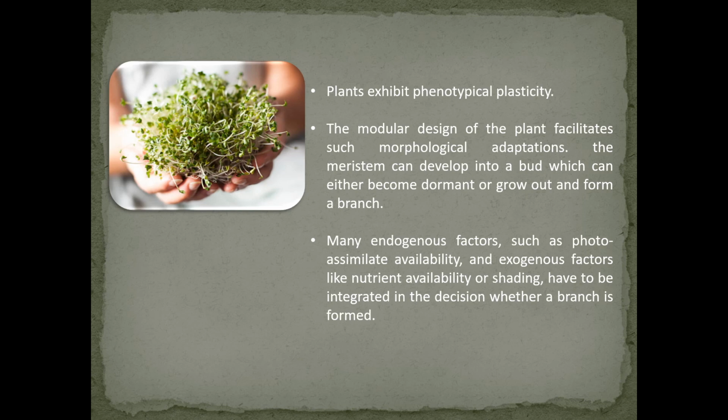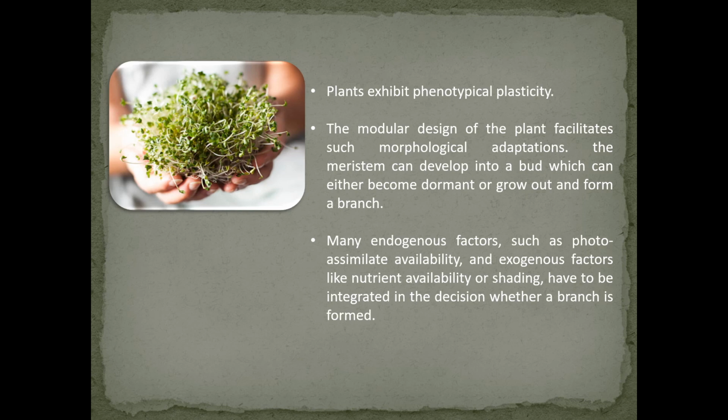Environmental plasticity is best seen in emergent hydrophytes. For example, Ranunculus flabellaris, a buttercup plant. The submerged leaves are highly dissected and the emerged leaves are broad and lobed. Similarly, in larkspur the juvenile leaves are broadly lobed, and the mature leaves become pinnately divided into linear lobes. These are two different examples.